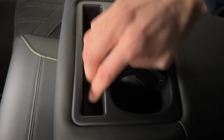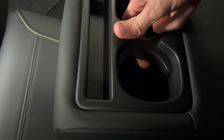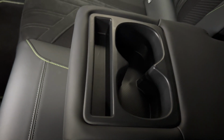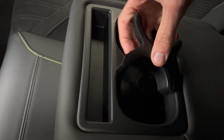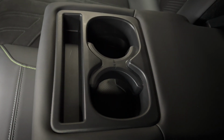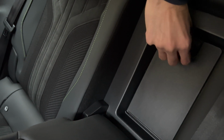Behind you in the middle mirror, you can extend this. You can put here maybe a tablet. Looks like a divider here. You can extend. It's rubberized, so the lights kind of went off, but I guess you can put this and divide that. And then from the inside, so that's a little bit